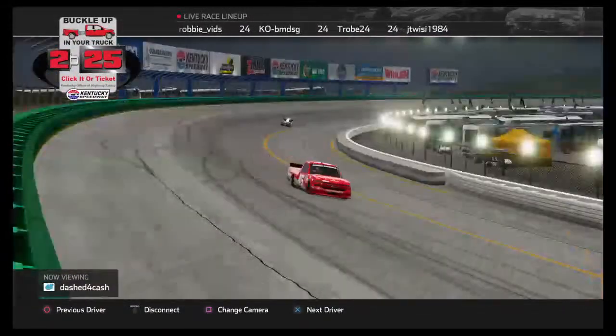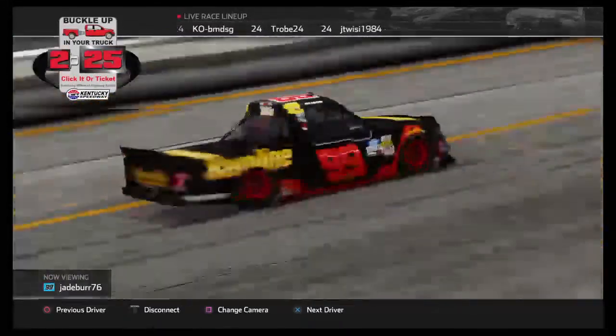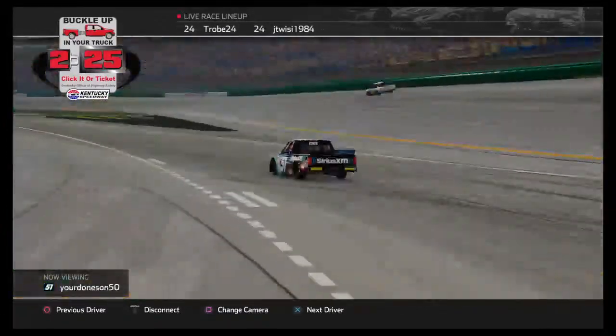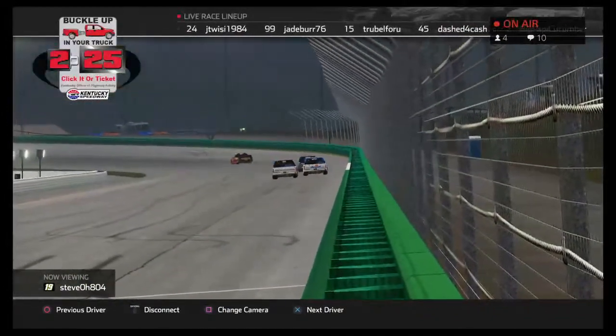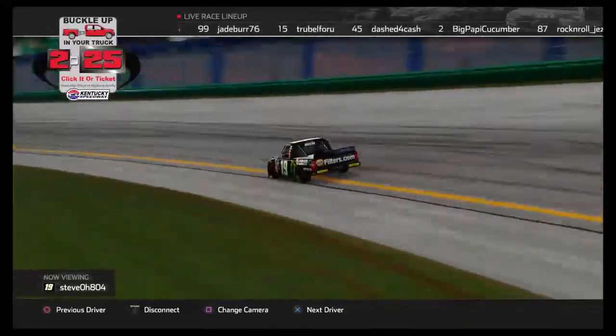We still got a 4-truck battle up here, it's not over yet. Oh yeah, in fact, it's heating up for second right now. Josh Cole-Diaz just took a look to the inside of Stephen Corley and then thought better of it. Didn't quite get the run he was hoping for, and see, the draft is so powerful and it's very much